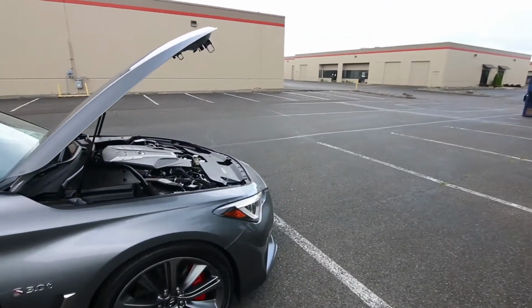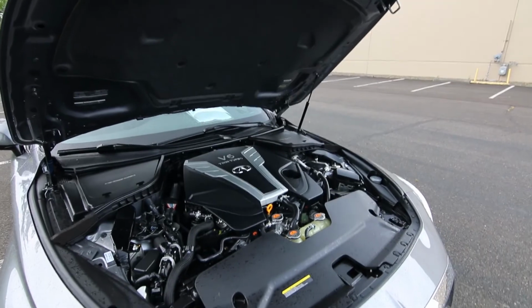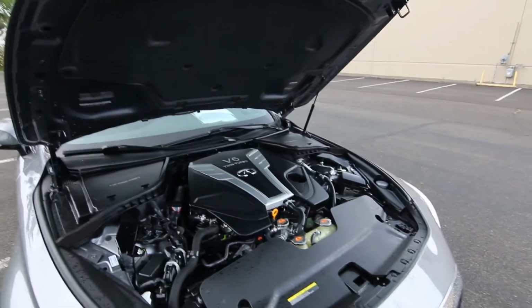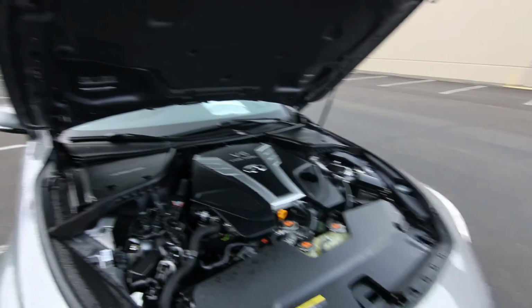For instance, with the all-wheel drive, you can get on the power a little bit earlier in those corners, and that all-wheel drive system will kind of pull you, slingshot you through those corners. And obviously, it'll do a lot better in the snow versus rear-wheel drive. Then we have a 400 horsepower twin-turbo V6, and I'm probably going to cut this video short because